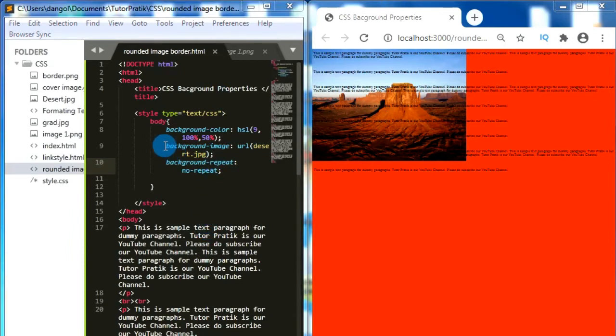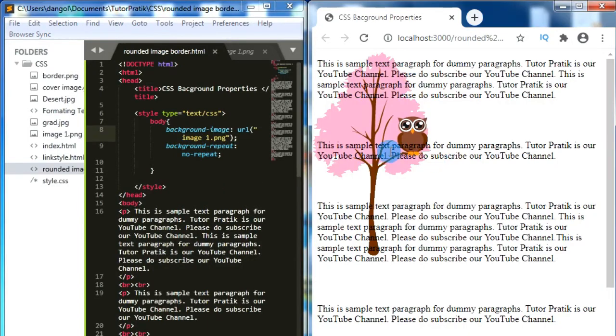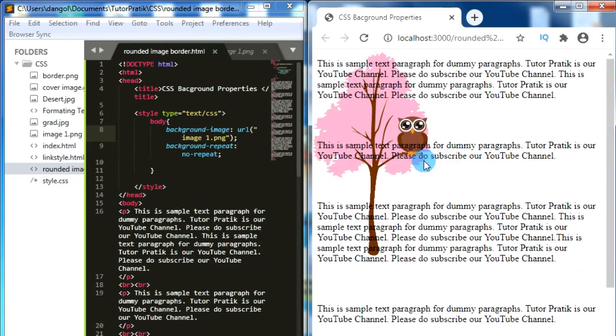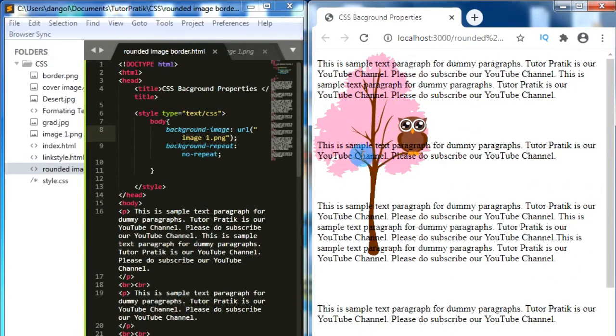For now, I am just going to delete this background color and change the background image to image1.png. Now we have one background image, and on our background-repeat property, we gave no-repeat for this image. So when we scroll down our content, we can see that the background image also moves along with this content. If you want to make this background image fixed and scroll only the content, we can use another background property,